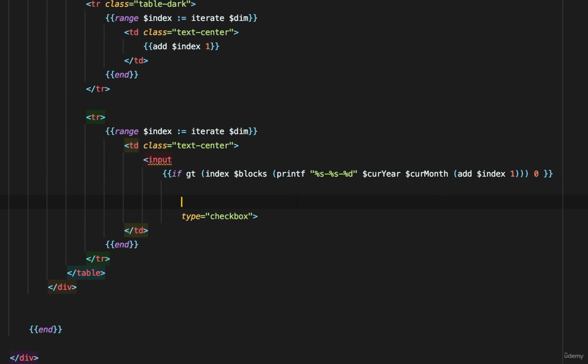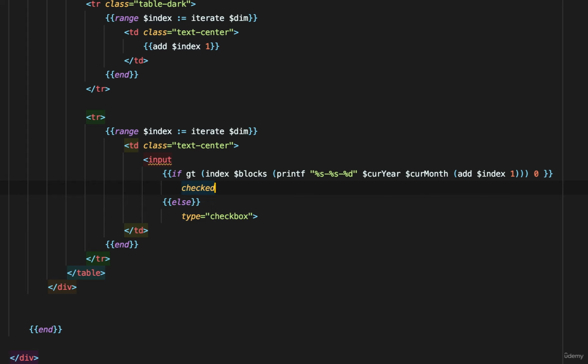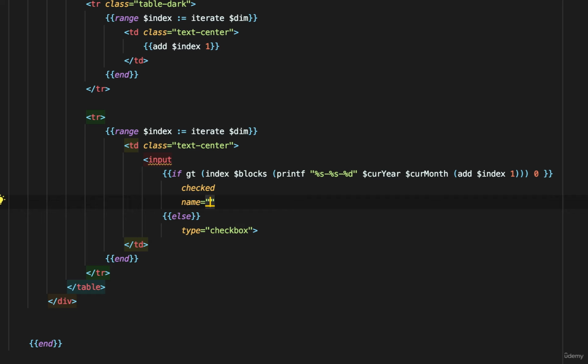If that is true, and I'll put an else here, then give this thing a name, give this thing a value, and check it. So let's first of all check it. That's easy. Checked. That will make sure it's checked. And let's give it a name. And this name is going to be, because this is an existing block that I want to remove, I will say remove. I'm going to give it this name, remove block,